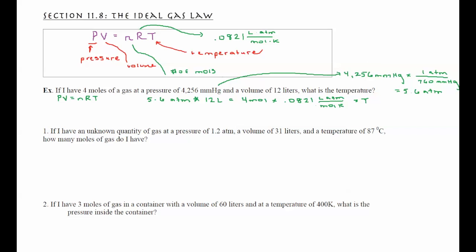So what you should notice, what I'm going to have to do is take my pressure times my volume, and then I'm going to divide that by my 4 moles, my 0.0821, that constant. If you notice, atmospheres will cancel, liters will cancel, and moles cancel. And so I'm left with my unit for temperature, which is Kelvin. So take this right now, 5.6 times 12, and then divide by 4 and divide by 0.0821, and let me know what your temperature is. And that's your ideal gas